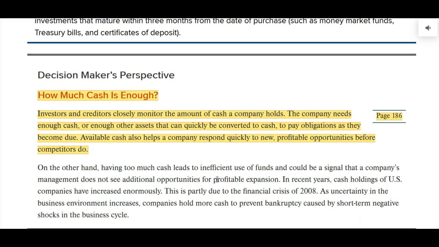So you want to have enough cash for possibilities, but if you have too much cash sitting in the cash account, then you're losing money on potential investments you can make, like either a high rate of interest or placing some money in the stock market. Stock market hopefully would go up. And so if you have idle cash, that's not good, but you need to have enough cash.